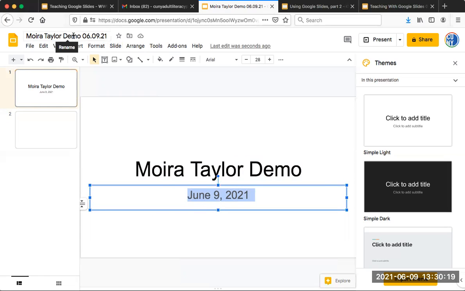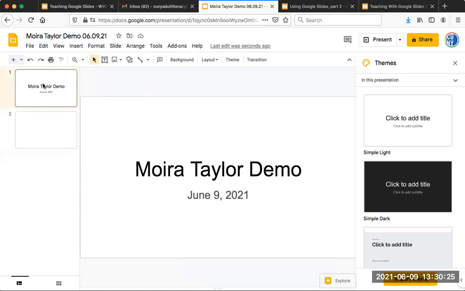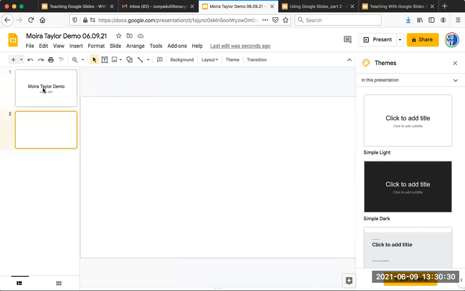Remember, with Google Drive, everything gets saved. So it's already saved for you. You don't have to worry about losing it. Slide number 1, slide number 2. Let's say you want to make a few more slides. Remember, you're going here to slide